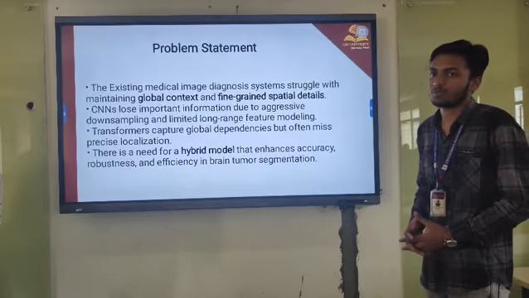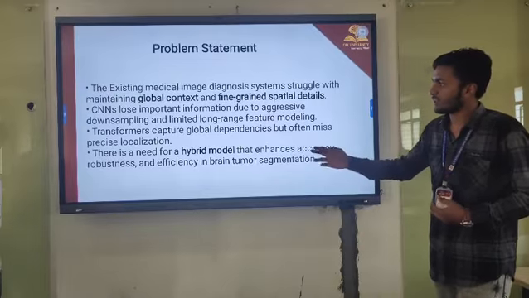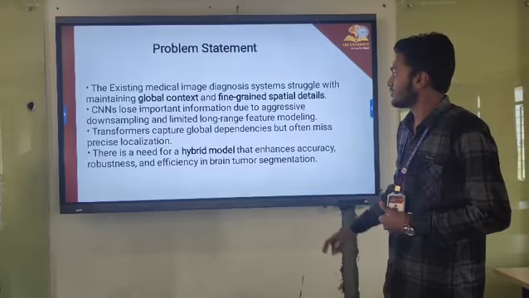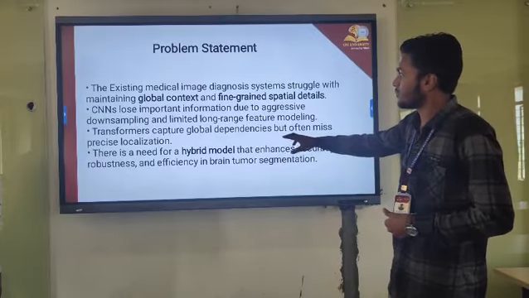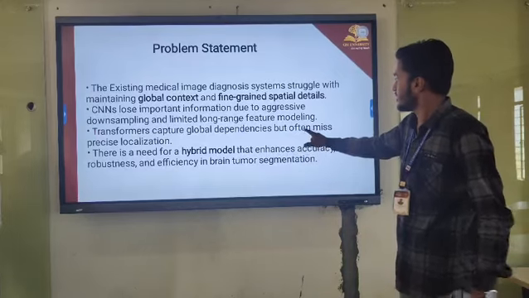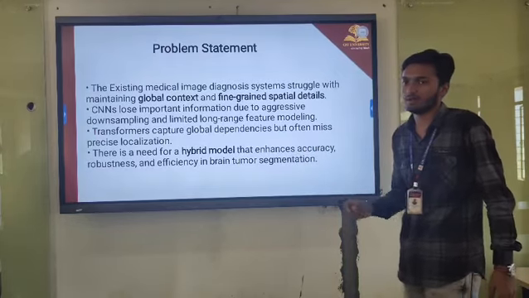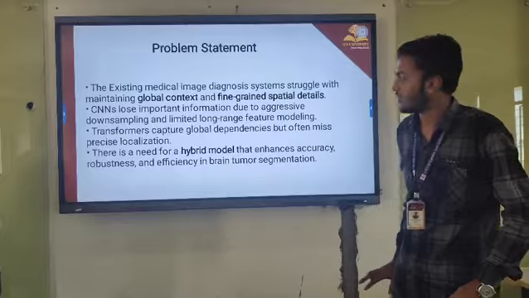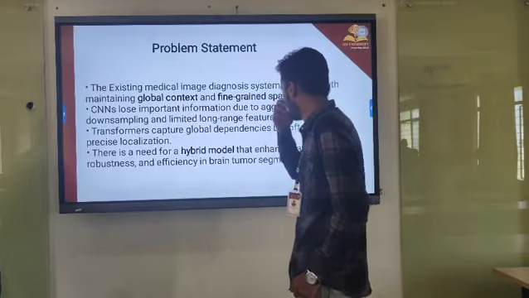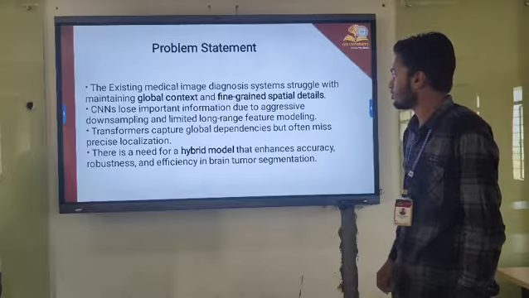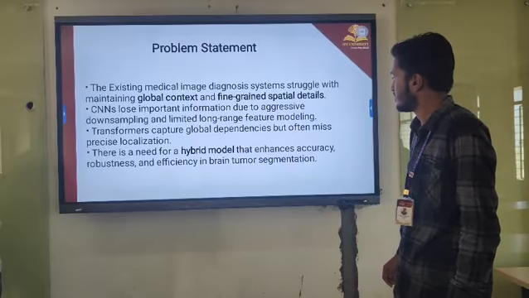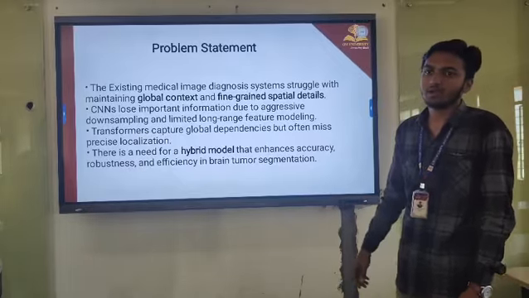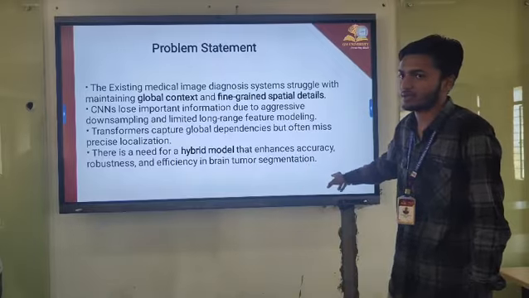A transformer captures the global dependency but lacks precision in location, so it misses where the tumor's exact location is placed. There is a need for a hybrid model, enhancing the accuracy, robustness and efficiency of brain tumor segmentation. It enhances the big picture of the brain tumor and improves tumor segmentation.